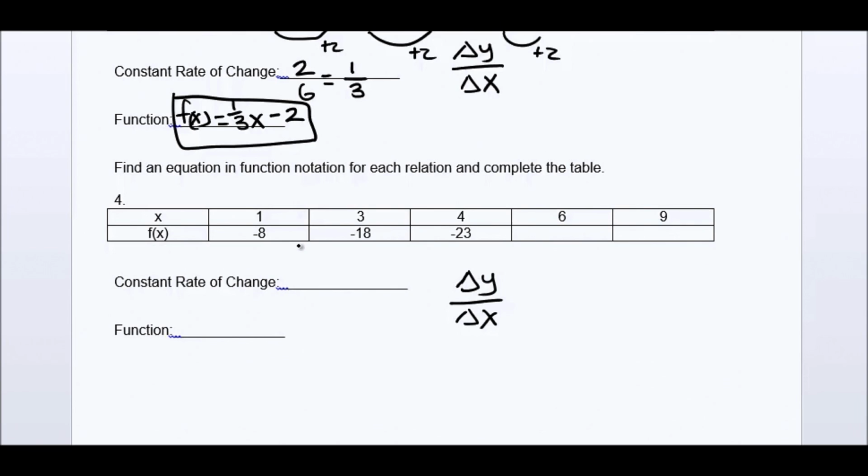Okay, so the change in the y, we go -8 to -18. Looks like that's a difference of -10. Okay, so